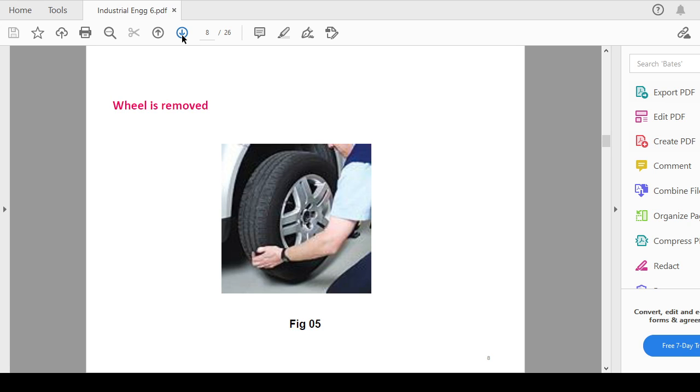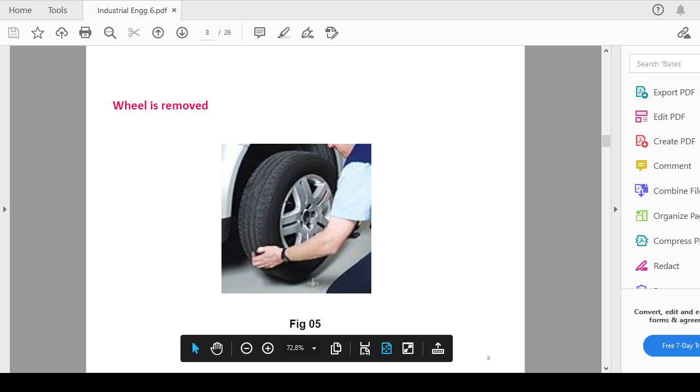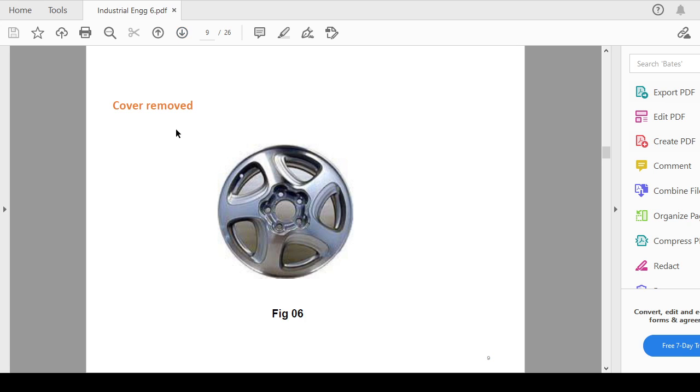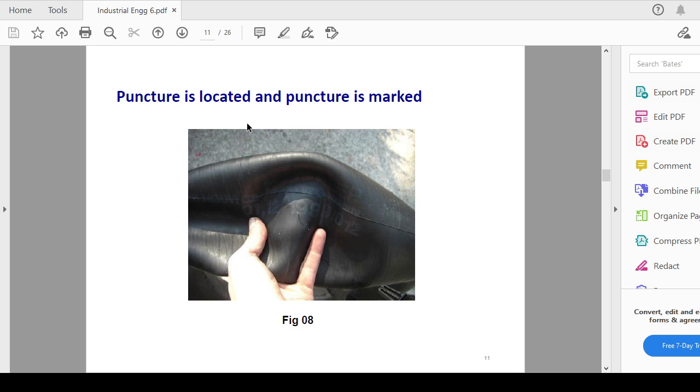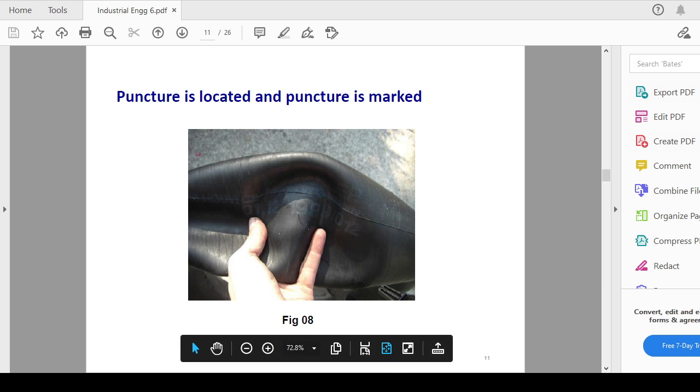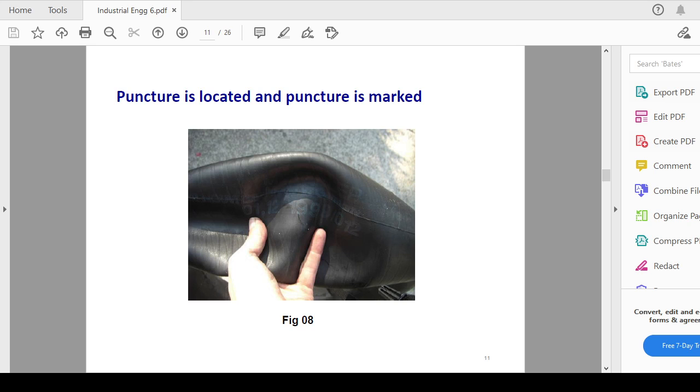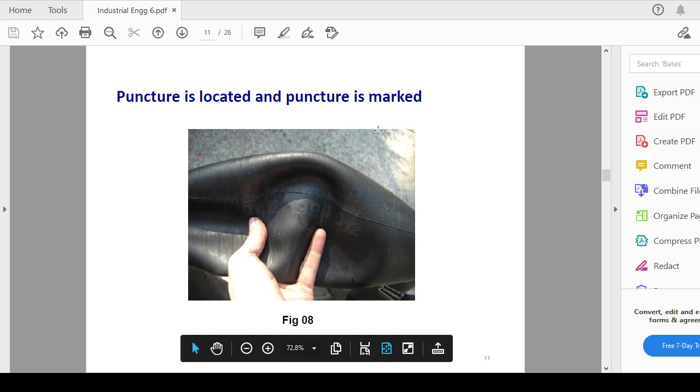Then you have to remove that particular wheel from the chassis so that you can find out where the puncture is. Then you have to remove that particular cover. Then the tube must be removed. Then you locate the puncture by spraying water on the tube, so you can find out where the puncture is, and then start puncture marking.